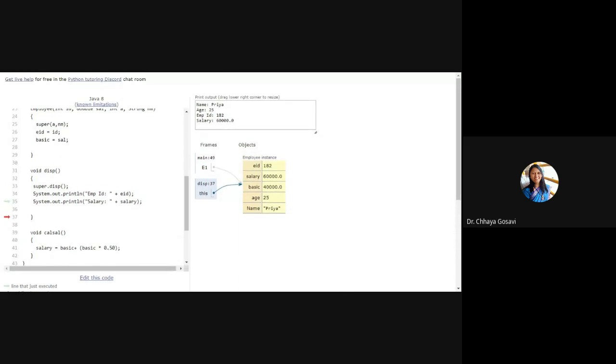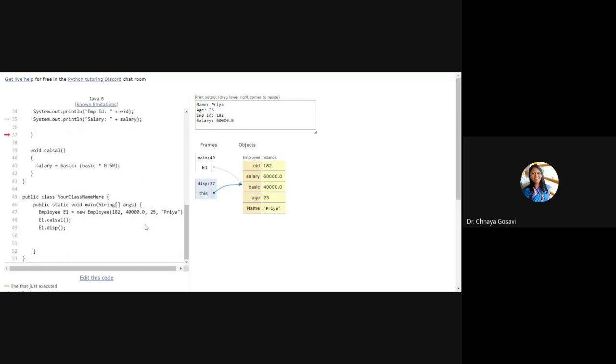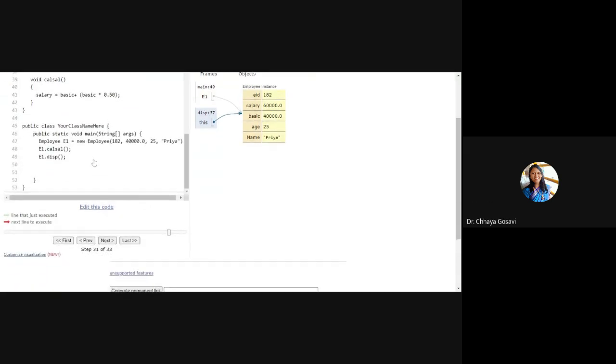Output will not change, but what changes is that you're making more and more reuse of previously created code. So here we use single level inheritance. Then we have used the concept of the super keyword to call the base class constructor as well as a base class method.